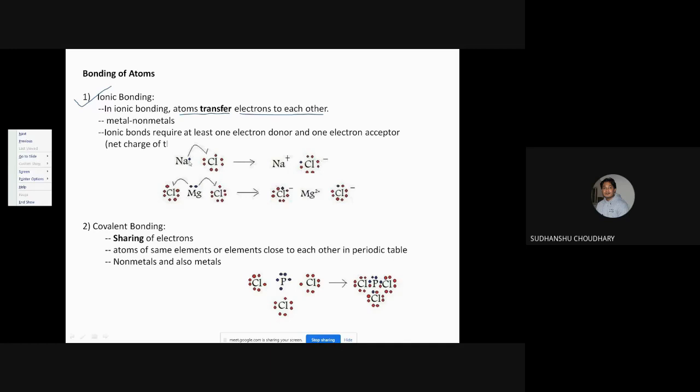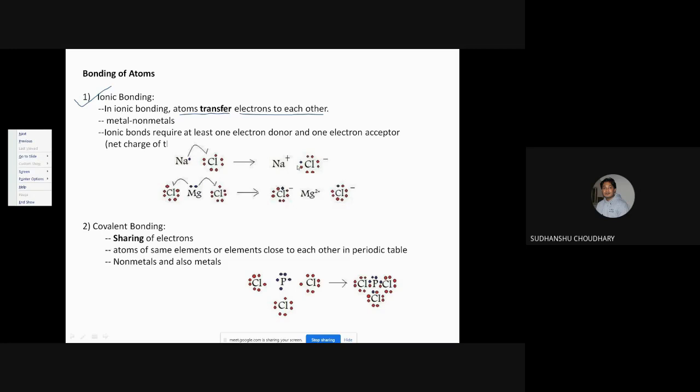Now since sodium has donated, it becomes a donor ion, right? That's why we represent a donor by a positive symbol here, plus symbol. So this represents that sodium is a donor, Na plus. So transfer of electron has taken place between atoms. Sodium has transferred its electron to chlorine. In ionic bonding, you will always see that electrons are transferred between the atoms.